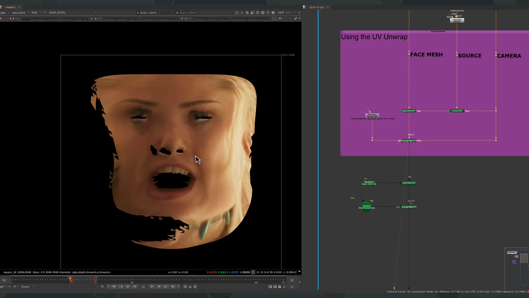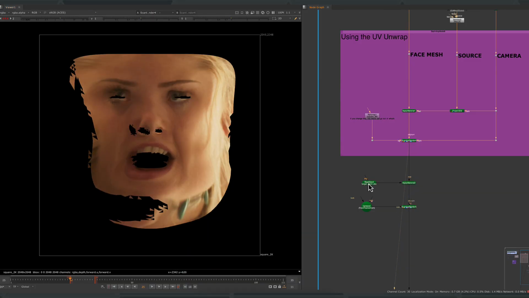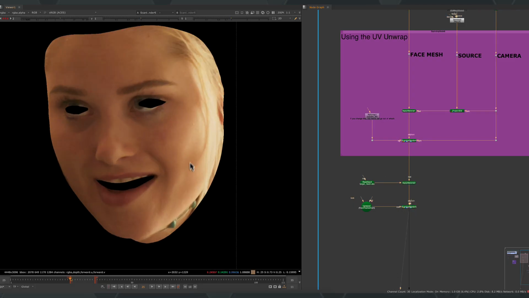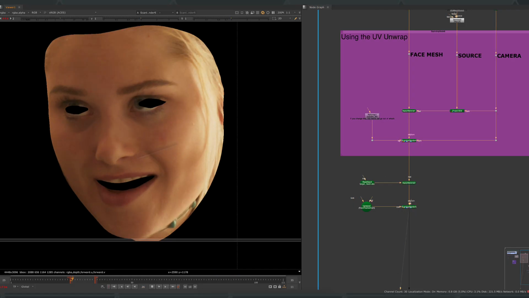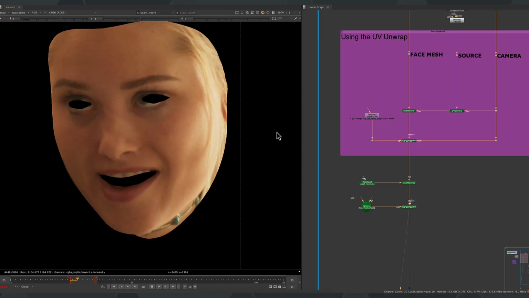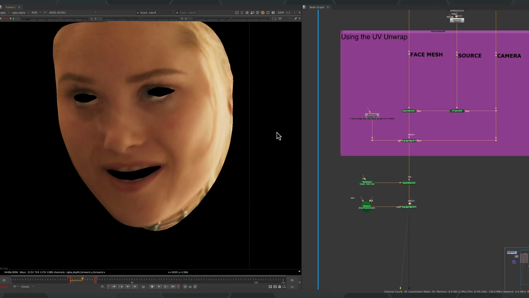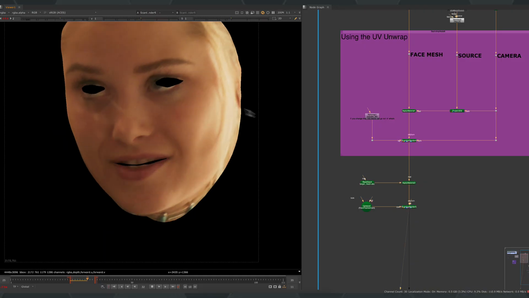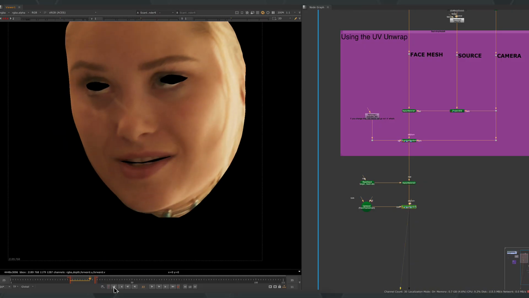And once we've unwrapped the plate, we can then grab the geometry that we have for our target, so our VUB'd output, and we can apply that material to a point where we've now kind of unwrapped and rewrapped the original facial texture back on.